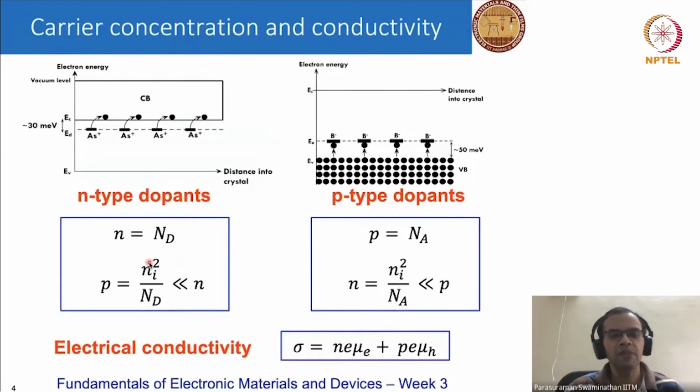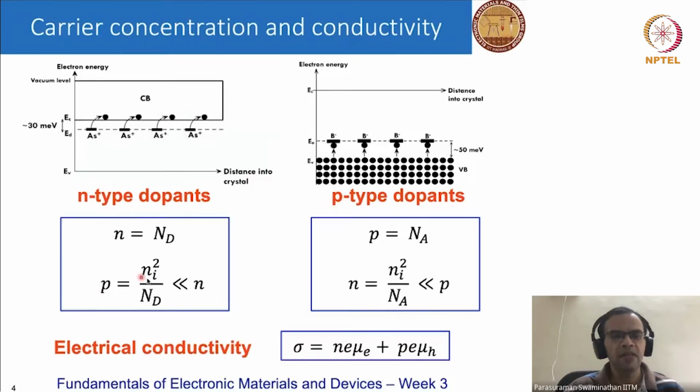So let us look at this pictorially. Again, we have silicon. We have arsenic, and I already told you arsenic is an n-type dopant, it's a donor. So its energy level is close to the conduction band edge. We also said that at room temperature, all of the dopants are ionized, which means if I have 100 arsenic atoms, each one is going to give me 1 electron, or I'll have 100 electrons in the conduction band. So the concentration of electrons in the conduction band is just the same as Nd, where Nd is the dopant concentration.